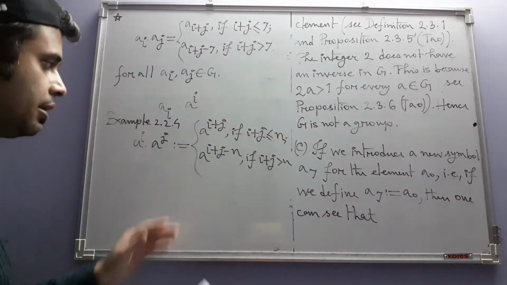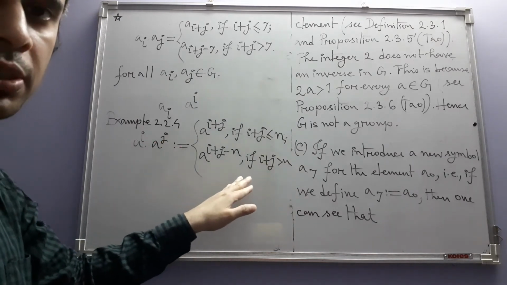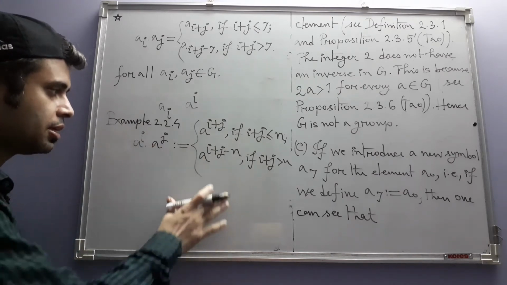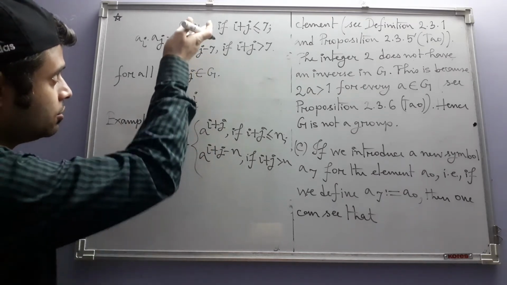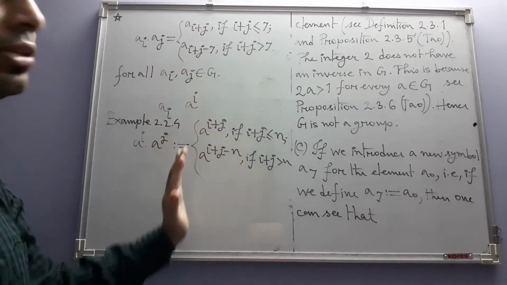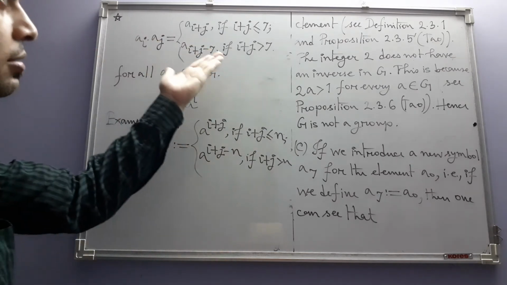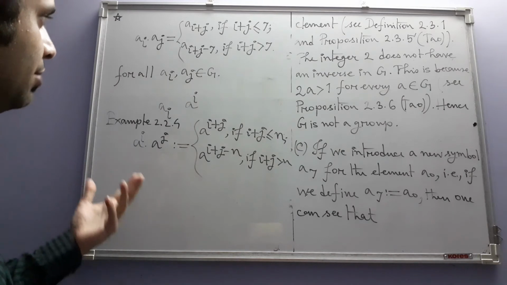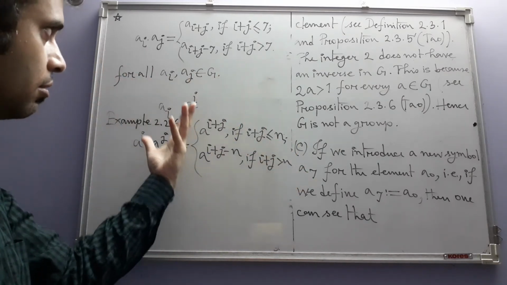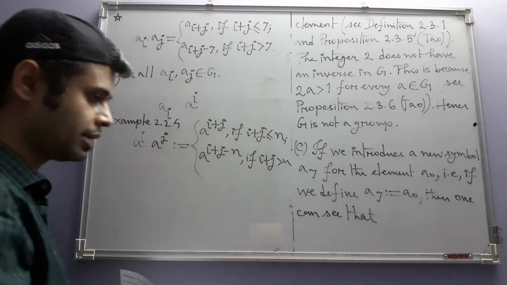Do you recall we actually put a lot of effort into proving that this operation is associative? There we proved that the system is a group in that example. So you see that here we are just writing suffixes in place of superfixes. Everything else is identical. So this system will also form a group, and we are going to make use of this resemblance to just mention that this will also form a group just like this one.